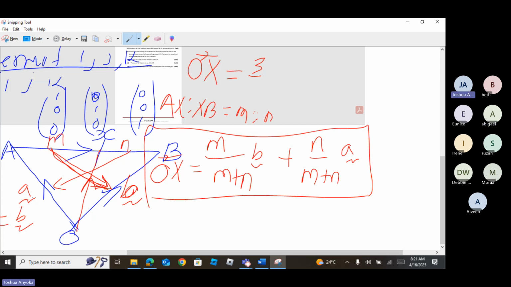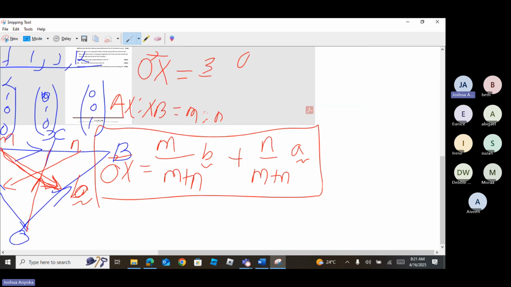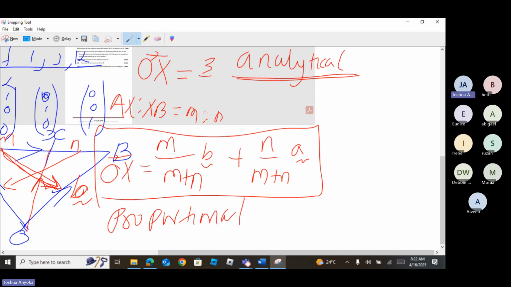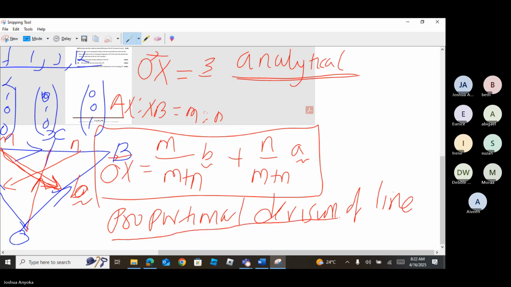If we don't want ratio theorem, there is an analytical way that we are going to commonly use in answering many questions under ratio theorem. This one lies under something we call proportional division of a line. A line can be proportionally divided into a certain number of segments, and then a ratio is stated. And under proportional division of a line, we have